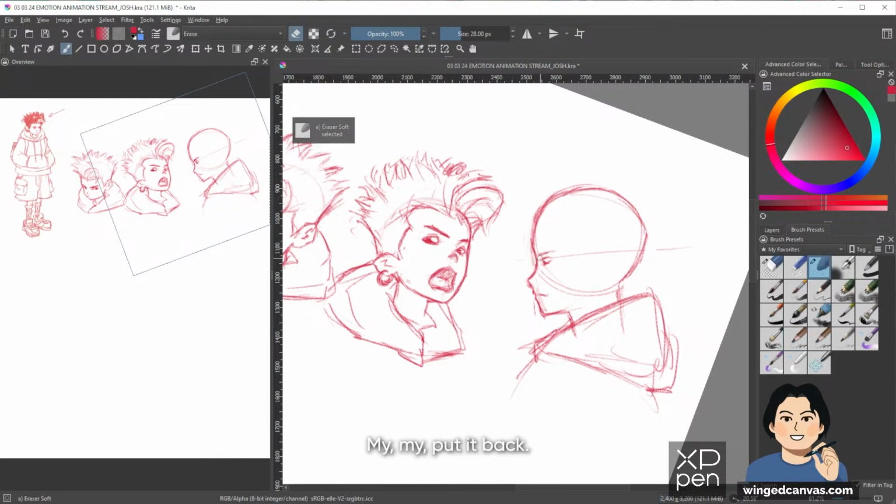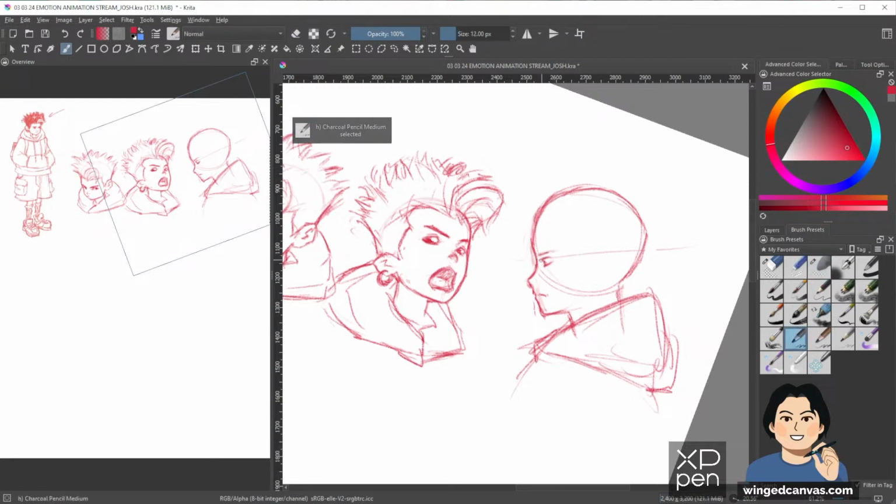Might put it back. I think I'm just gonna move the eye a little bit further back. Maybe I'll make it a little bit bigger. I feel like that's also gonna be a hard thing to maintain, the eye size, just because every style's eye size is a little bit different.